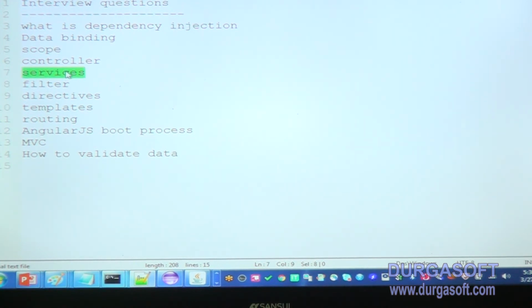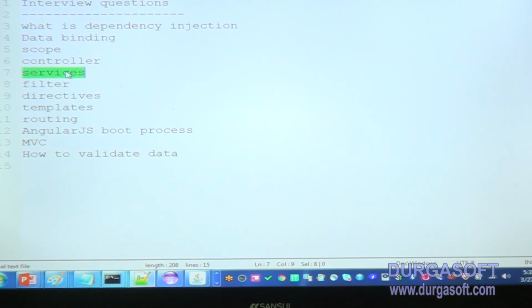For provider, we can build on top of the $get method. This $get method we use in the provider service. The factory method is internally built on top of provider. We use this service to fetch references of an object, then we go for factory.